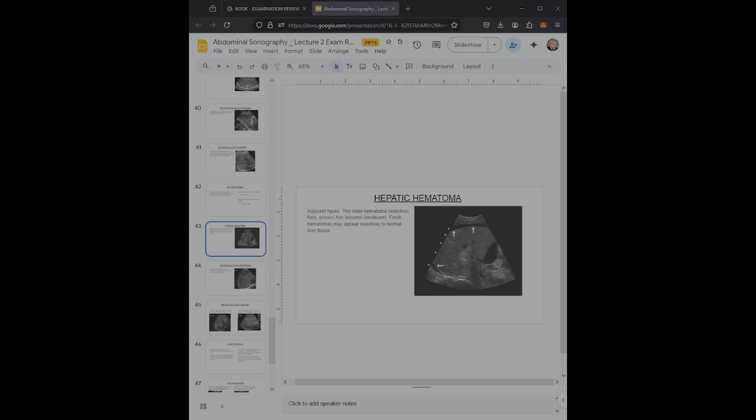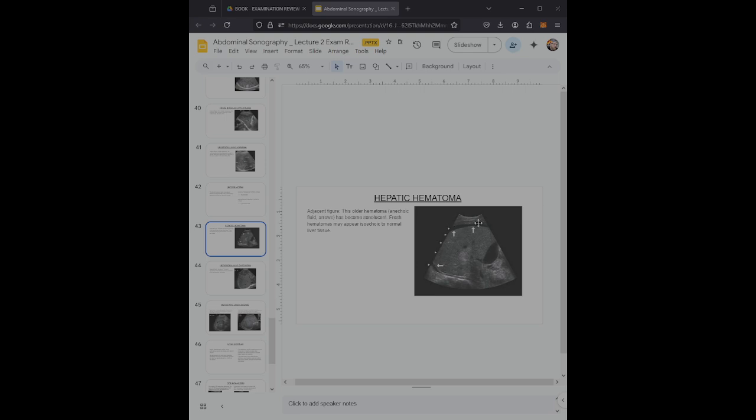So sonographically, hepatic hematomas, when they're fresh, may appear hyperechoic. Older hemorrhages can appear anechoic or complex, and liver or hepatic hematomas can be intrahepatic or subcapsular. Clinical findings: trauma, recent surgery, pain, and decreased hematocrit. So here's an example of an older hematoma, and it has become sonolucent, and you can see